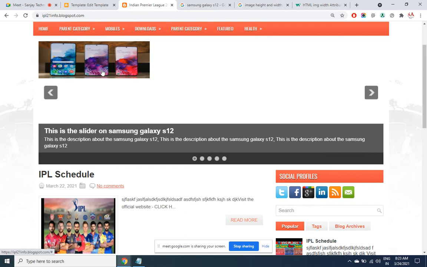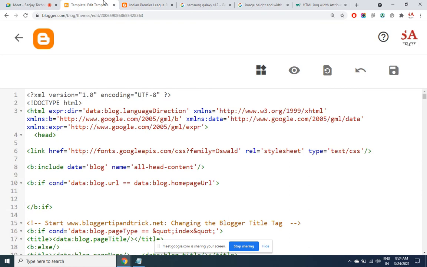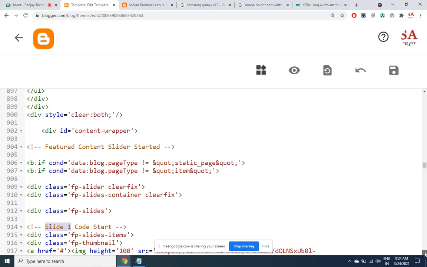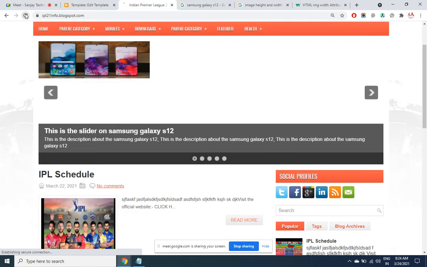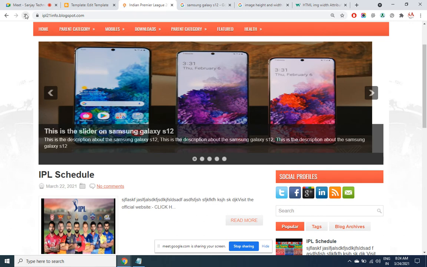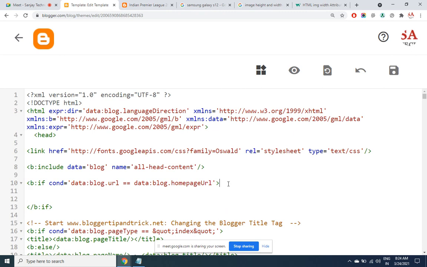It's coming too small. That means I need to increase the dimensions. Ratio is okay, but the dimensions have to be increased. So I'll make width as... where's the height gone? Okay, here. So I'll make height as 300, width as 900. Now let us see the change. Better, but still there is some gap left out here. So let us increase the dimensions further.